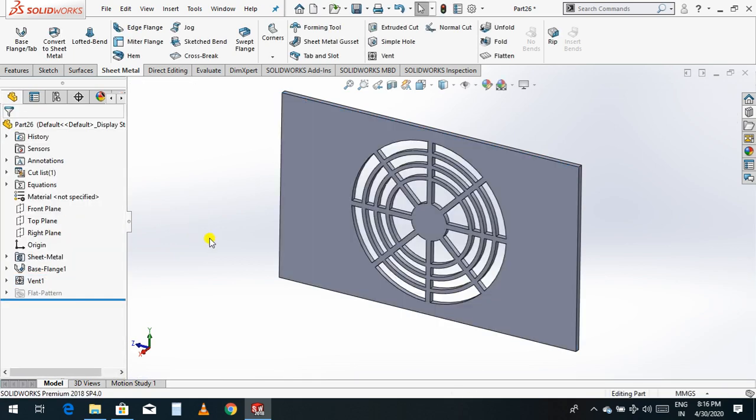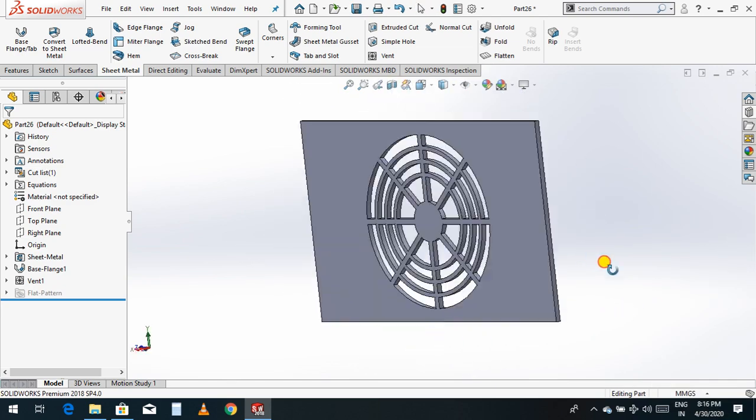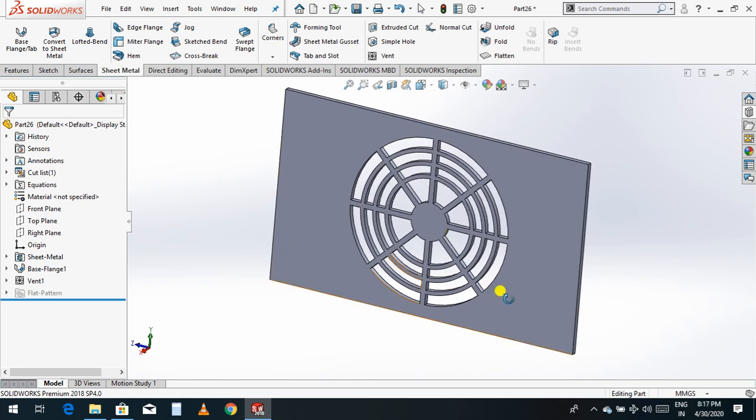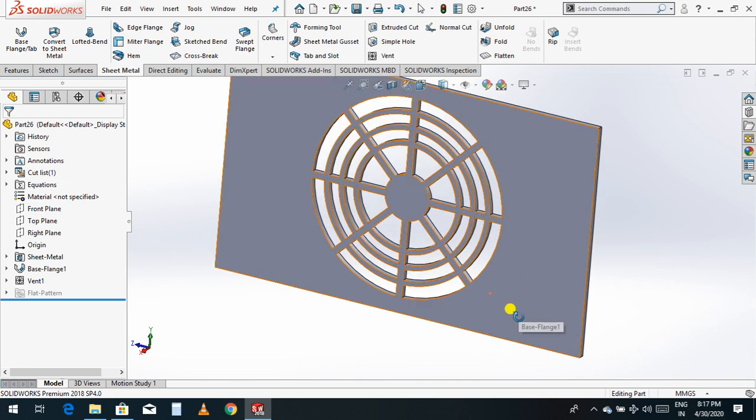Now see, this profile and this drawing is called a vent. So this vent in sheet metals, where exactly is this command used? This command is used for a CPU machine. I think you have seen in a CPU they have given one exhaust fan.